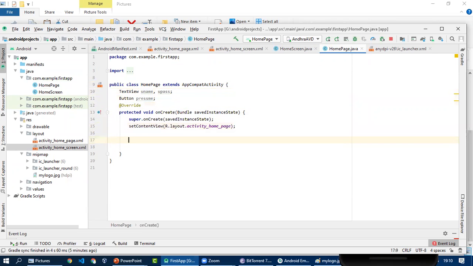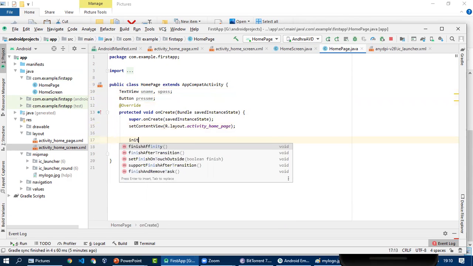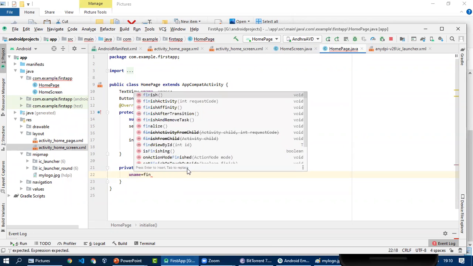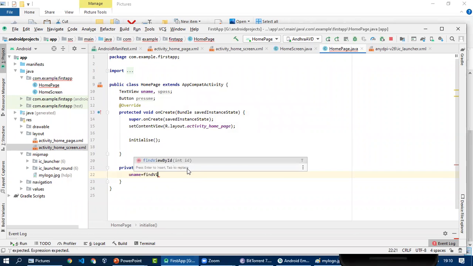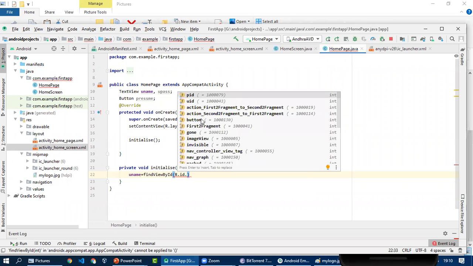Now, for that you need to initialize your components. So for that I have declared a method initialize, and I will create the method initialize. Inside the initialize I will detect it by findViewById, R.id., what was that for username?